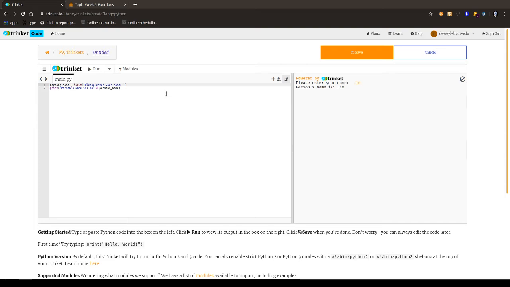But this is just one. We need to get lots of information from the user, and this is also just a string. So let's get the person's age. Please enter your age. And let's get the person's favorite color. Please enter your favorite color. All right, now